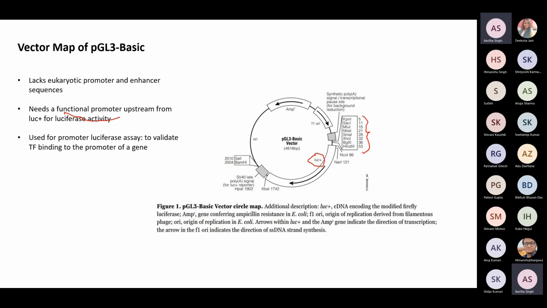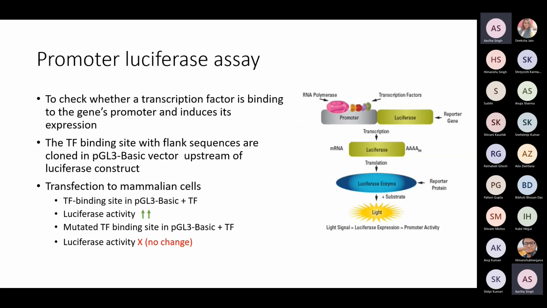All right. So next I'll tell you a little bit about promoter luciferase assay, what it is. As you might have learned from the previous lecture, how to clone a particular, say, up to 1 kb region upstream of the transcription start site in a PGL3 basic vector, right? So what is promoter luciferase assay? This assay is used to confirm or validate the binding of transcription factors to the promoter region of your